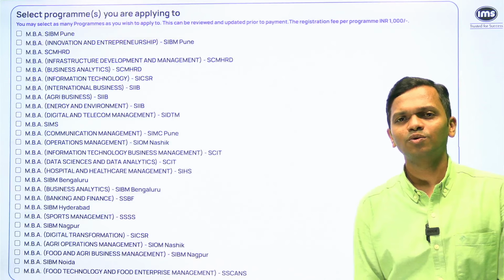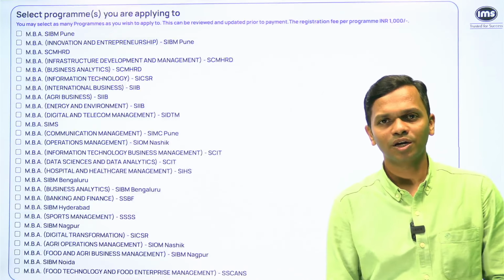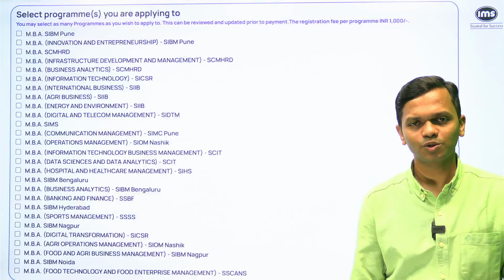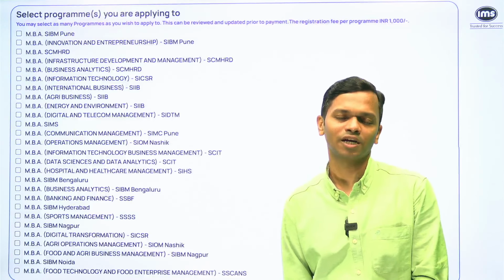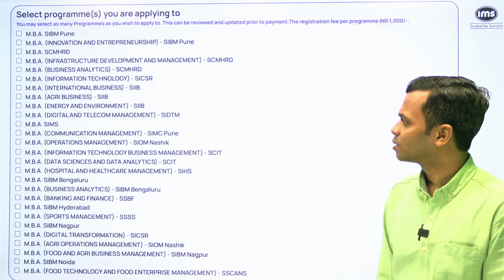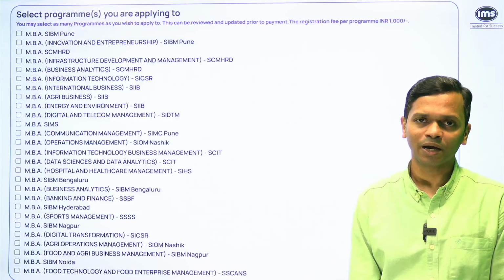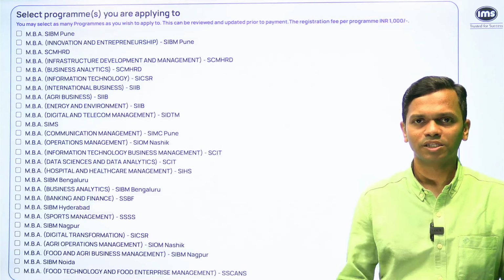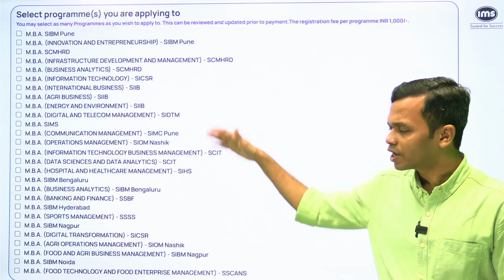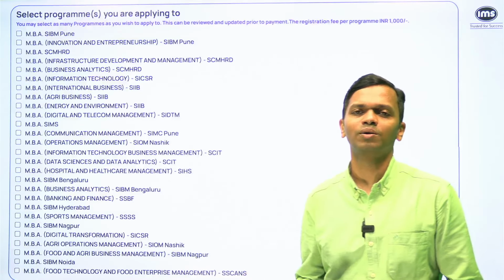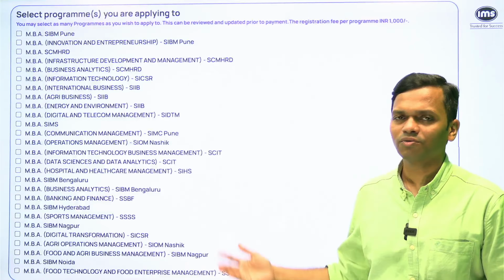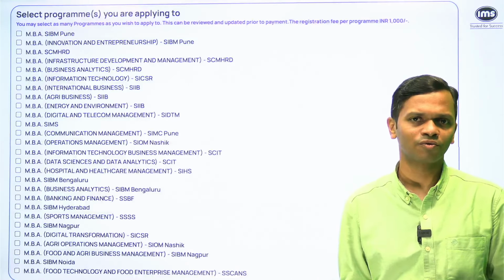So everybody who is taking SNAP is aspiring to get into Symbiosis Pune, which is SIBM Pune. Then of course you have SCMHRD Pune, so that could be a second preference for some of you. Some of you may be thinking of SIBM Bangalore, for example. So depending on your aspiration, you can decide which institute, because if you go to any of these institute websites, you will be able to see all the information that you need, right? So you can go to the respective website, check it out and figure out if you want to make an